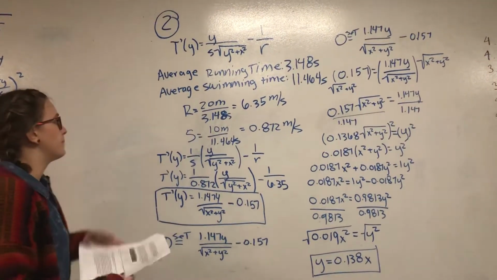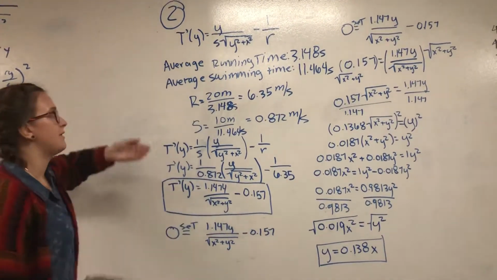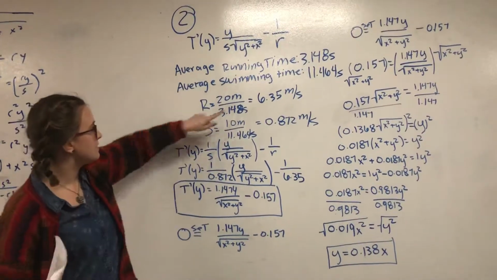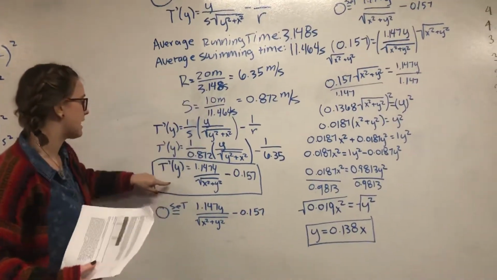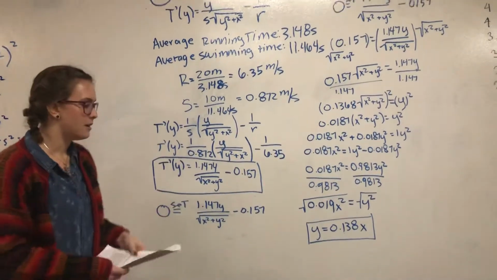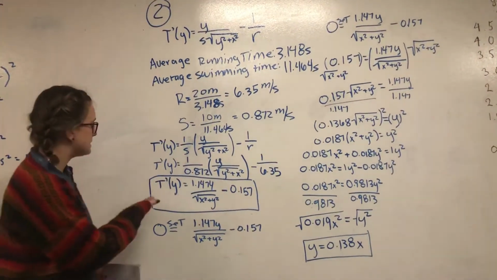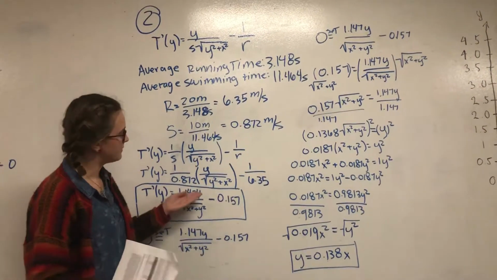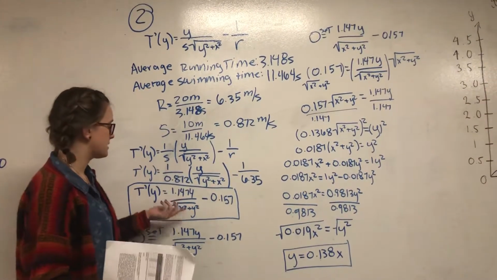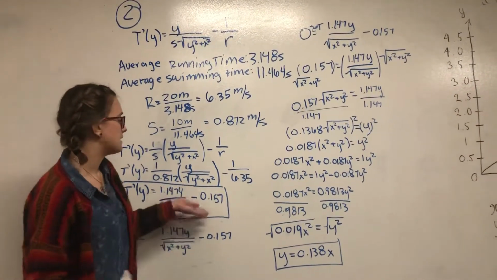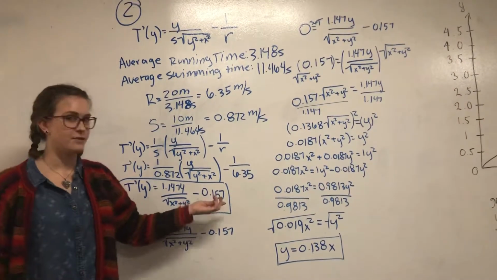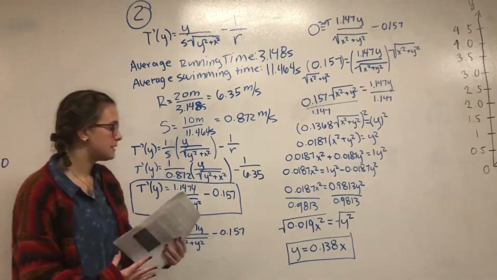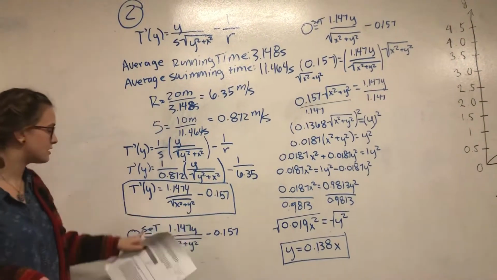And then we take the original derivative equation found in the problem presented by Evan, and plug in these two numbers into this equation in order to get this equation, which is the derivative of t of y is equal to 1.1474 divided by the square root of x squared plus y squared minus 0.157. And then in order to optimize the relationship between y and x, you set this equation equal to 0,